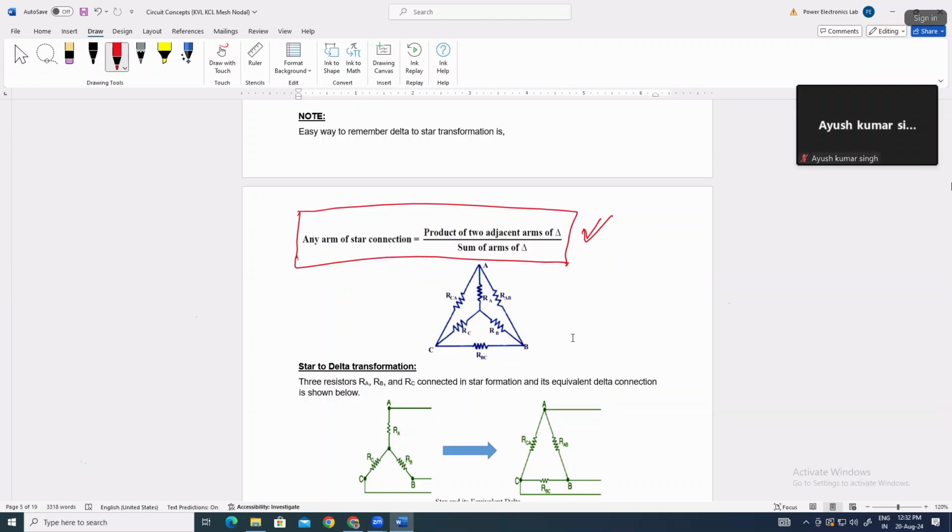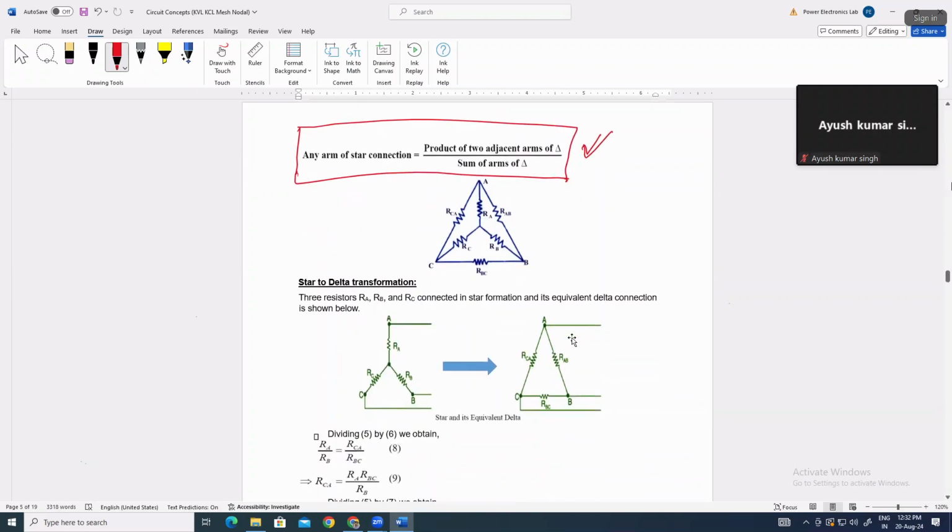Yes, sir. तो ये बहुत काम आएगा जब सर्किट सॉल्व करेंगे उस टाइम पे। कहीं पे ऐसा मिलेगा अगर कि डेल्टा में दिया हुआ है और वो सीरीज पैरेलल कॉम्बिनेशन नहीं बन रहा है, सो हम अगर उसको स्टार में कन्वर्ट कर लेते हैं और उससे सीरीज पैरेलल कॉम्बिनेशन बन रहा है, तो वहाँ पे हमारे लिए बहुत यूजफुल हो जाएगा ये। डेल्टा से स्टार में कन्वर्ट करके फिर उसको हम सॉल्व करेंगे सर्किट को फर्दर।